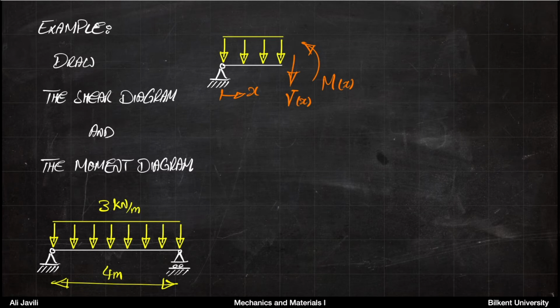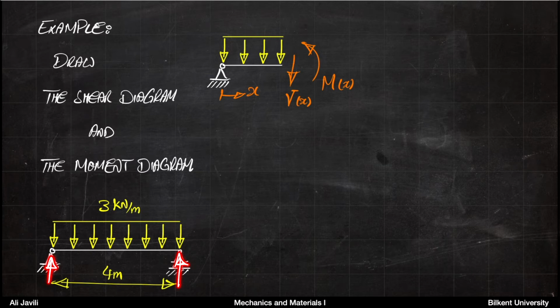So what we want to do is basically to cut the beam at the distance x from the support, in this case from the left support, and calculate the internal loadings. Before doing that though, maybe you should pay attention. What are the reactions at the supports? You can here see that the length is 4 meters and the distributed load is 3